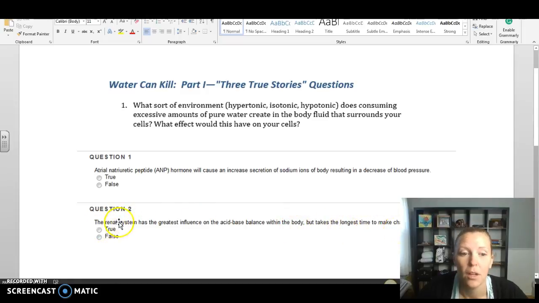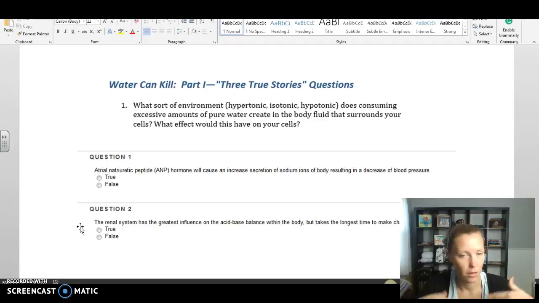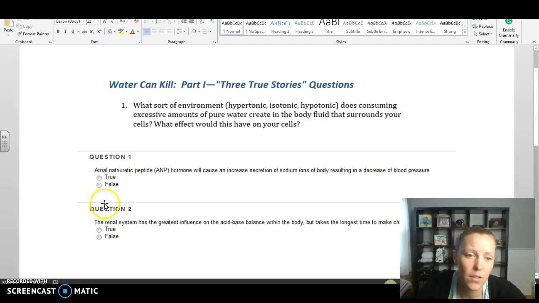This is also true. The renal system is going to take a long time to make changes, and that allows you to have more time to absorb what you need and get rid of what you don't. So your body has a longer decision-making time to determine the acid-base balance. Breathing, on the other hand, is just air in, air out, air in, air out, and those gases exchange really quickly. So both of these answers are true. Hopefully that's a good hint and helpful for you this week.